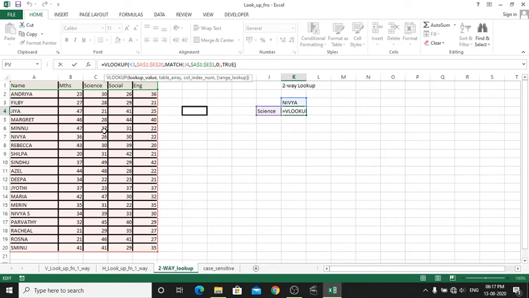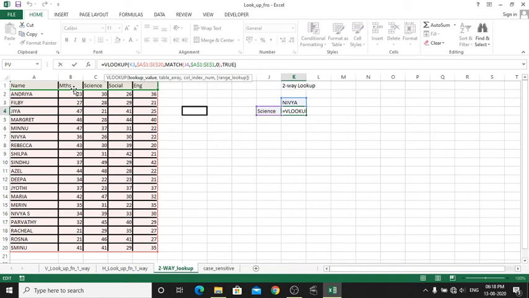So in that example, if Max was a static term, then I can pass third argument as 2 over here, since Max is in the second column. So in this manner I can easily find out the marks of a particular student with the VLOOKUP function only, since the column index number is static there.